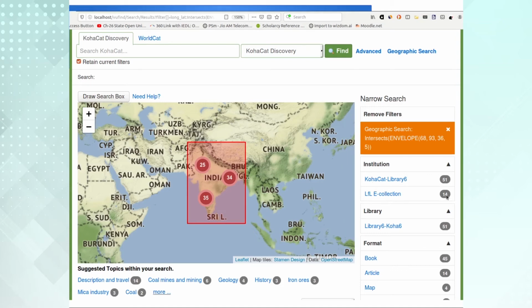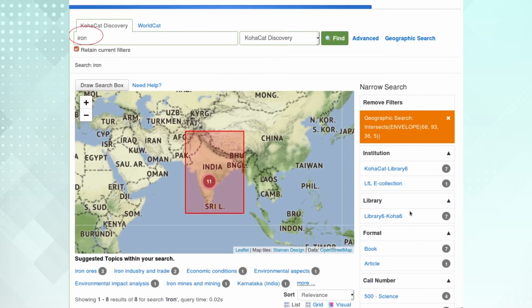DSpace provided 14 documents and Koha provided 51 documents. Koha documents deal with MARC 21 encoded data 034, and DSpace provides data in DC encoded format, that is the data inside the